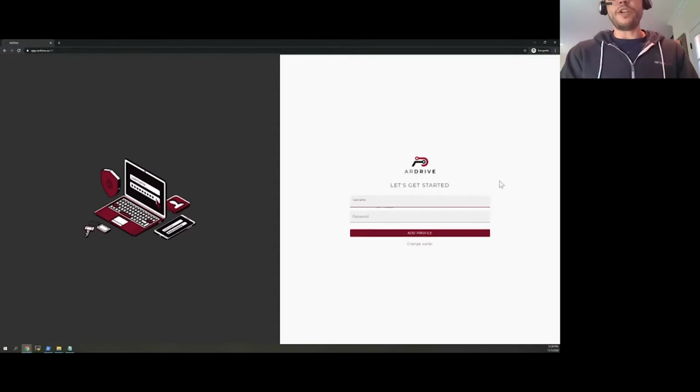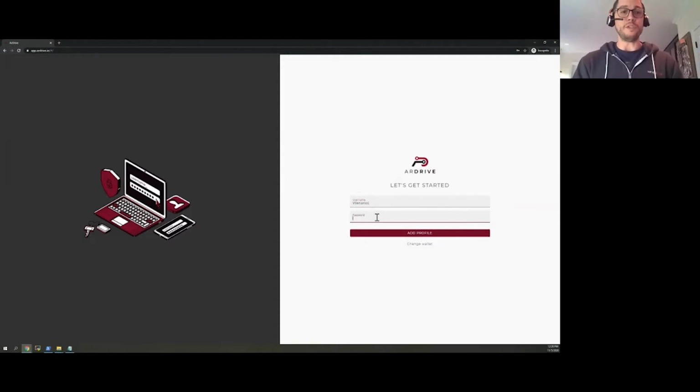So now I'll put in my username. This is really not used much for now. Your username is not stored on the network. It's not stored anywhere. It's just really what we use to kind of greet you and say, hey, welcome, Volanarios. But your password, however, this is very important. Your password is going to be used in conjunction with your Arweave wallet's private keys to encrypt all your data. So it's really important that you use a secure password.